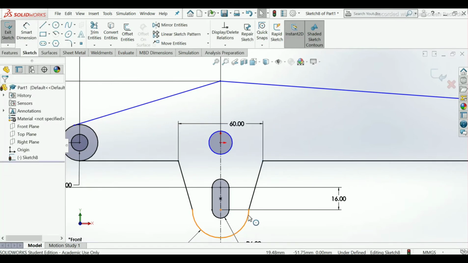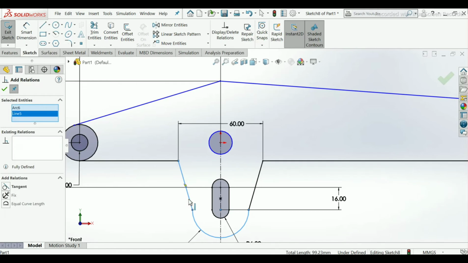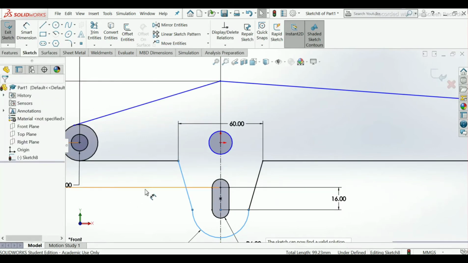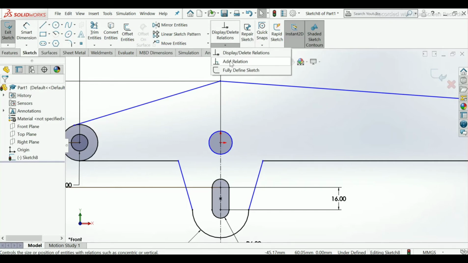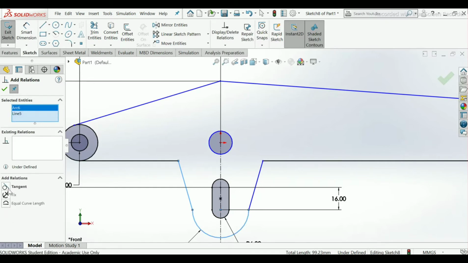First thing we have to make this tangent, so go to add relation, select this arc and this line, tangent. But it is fully defined, so delete it. Now we will apply tangent, so go to add relation, select this line and this, tangent.